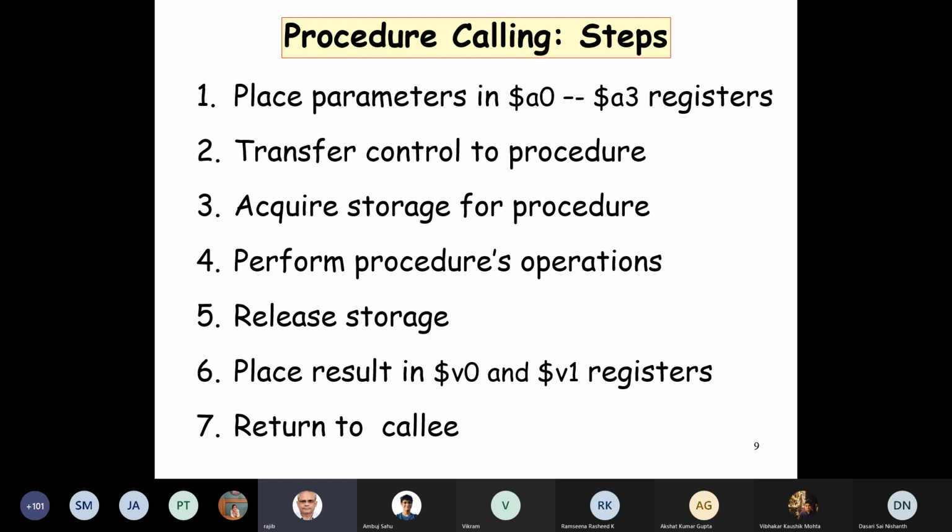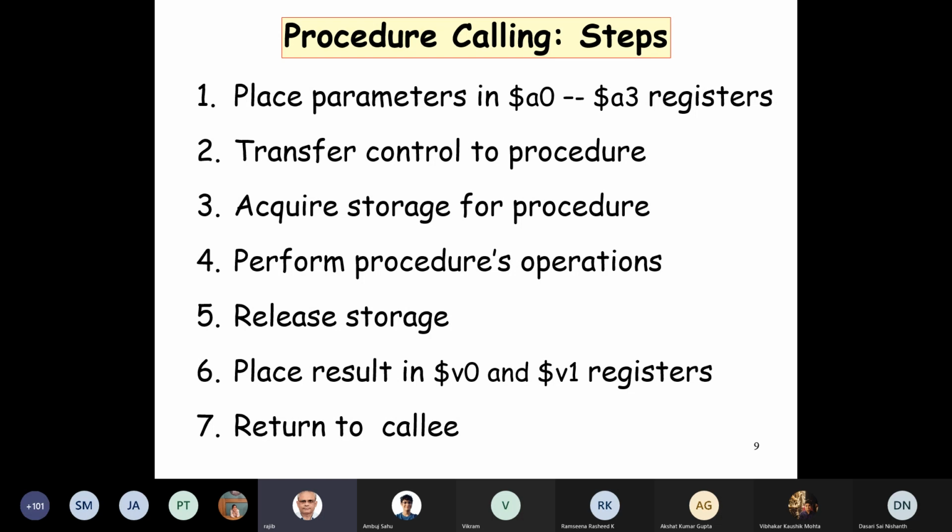So link means we store the address so that we can come back. So that's the link established. Unlike J, which is an unconditional jump, we cannot come back. There is no link established in a simple jump. But in JAL, we link it so that we can come back, and we store the address of the present instruction so that we can come back, and that address is stored in the return address register RA, which is register 31. We'll write the code and we'll see that.